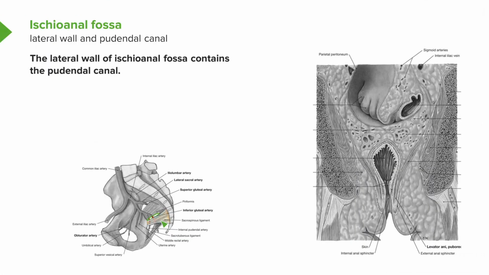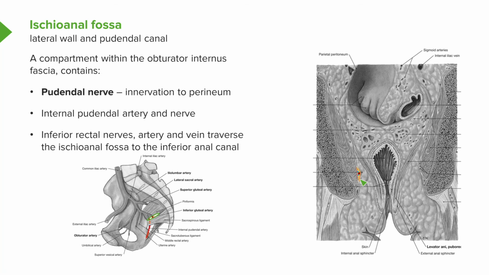Now, it's running alongside the ischiopubic ramus. As we cut through it, we can just make out the internal pudendal artery there, running alongside, in this direction, obturator internus muscle in a structure known as the pudendal canal. This is an important compartment within obturator internus fascia, and it contains the pudendal nerve, which is important to provide